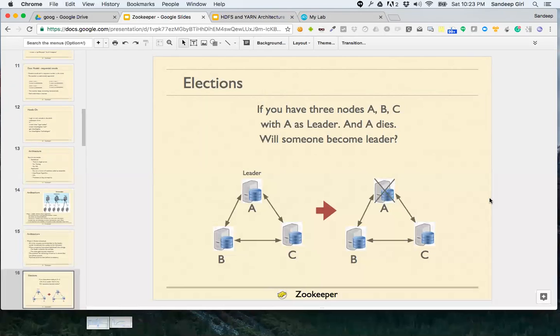You are trying to, let's say, create a node with certain data. You are trying to create a node, which is a modification. The request goes to the leader, and the leader tries to accept the change. But the leader would only give confirmation to the end user when more than 50% of the machines are able to get this latest update.